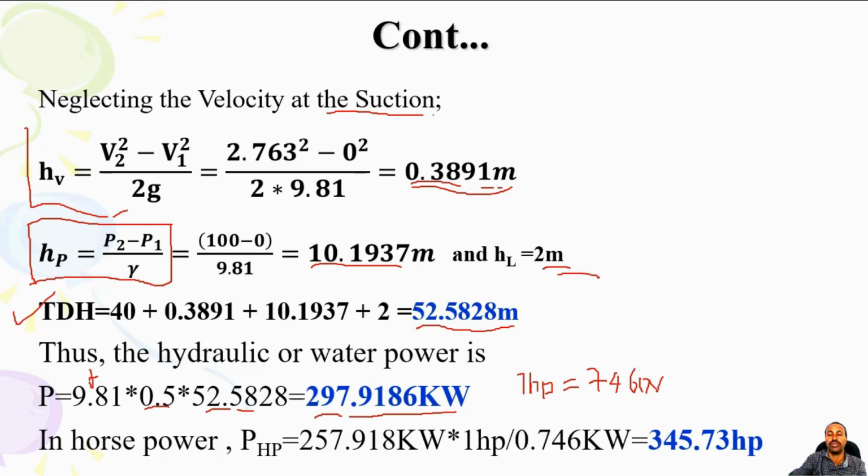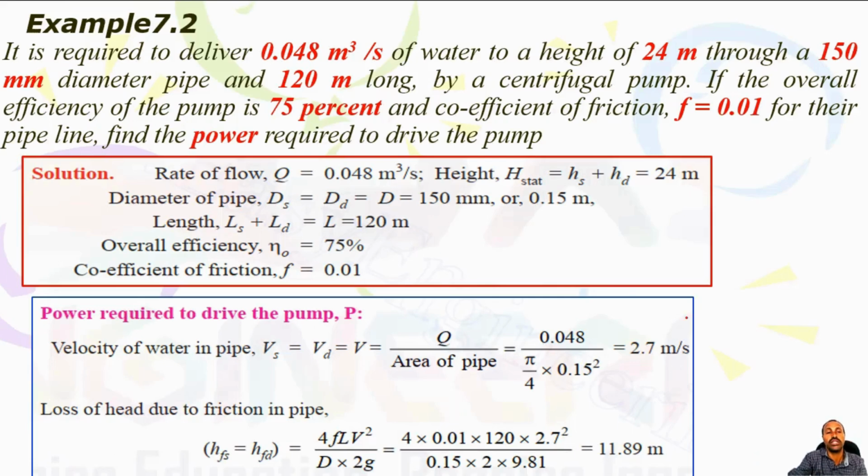746 watt we have. Then you can convert just into kilowatt. So 257 multiplied by 1 horsepower over 0.746. So we get the power which is needed in horsepower. Okay, second example is just it is required to deliver